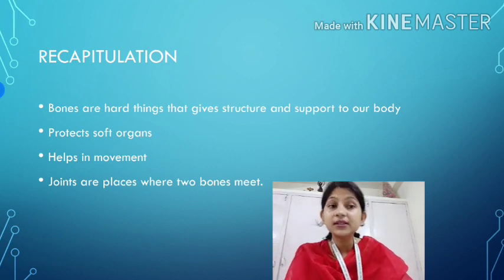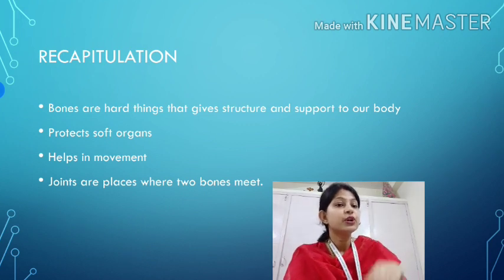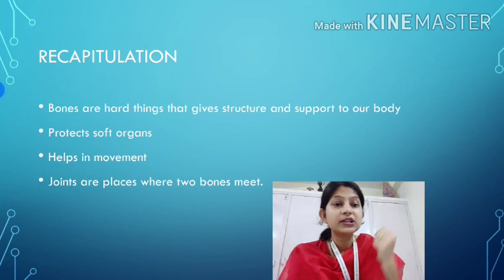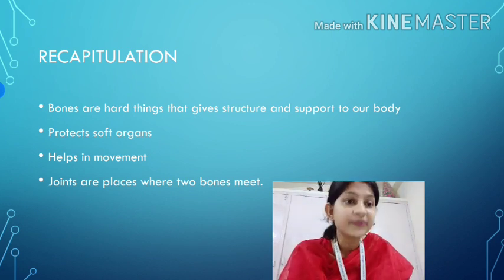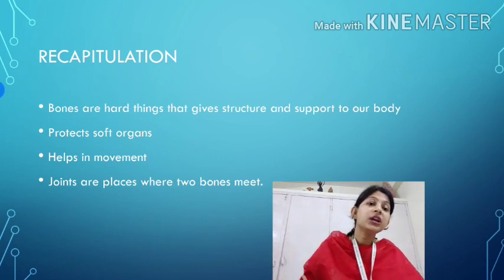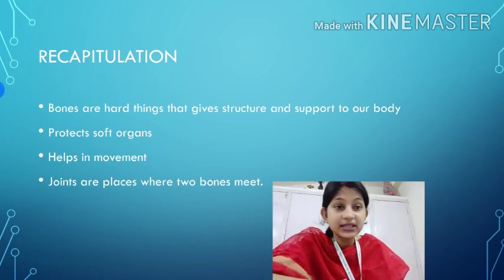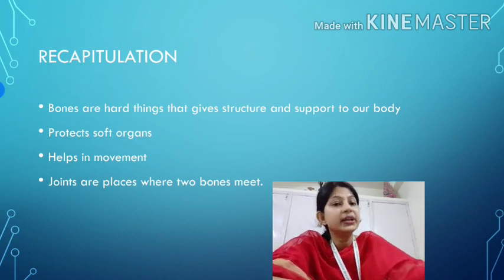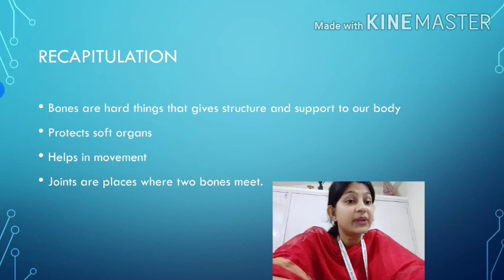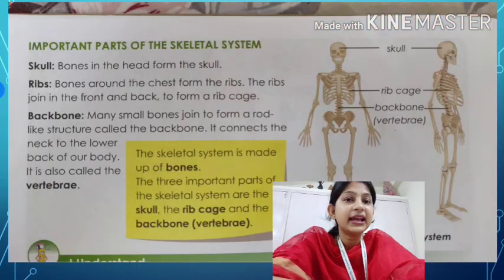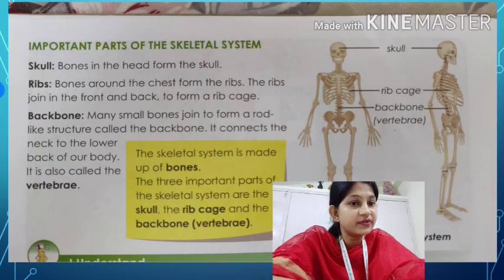We can twist and turn our hand. If I want to move my hand like this and in this way, then it is possible only because of joints. Yes, if I want to sit down on the ground, without the joint present in my leg, that is the knee area, I cannot sit on the ground. Yes, so joints also have a very important place in the whole skeletal system, and in fact in our life also. Okay, so now let's move ahead and see what are the main parts of the skeletal system.